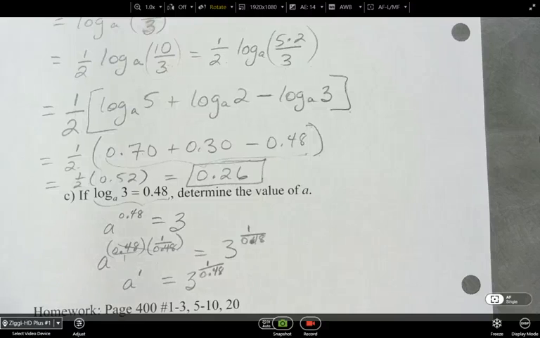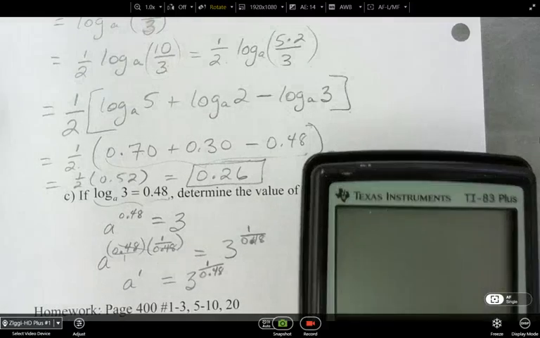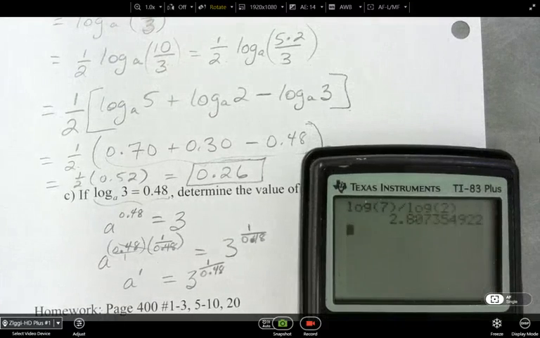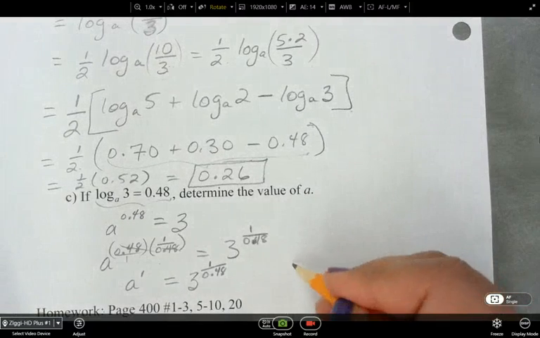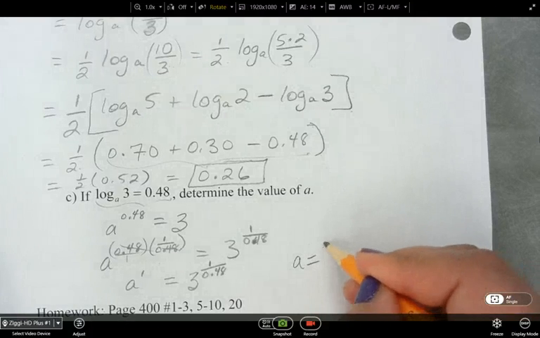So I'm going to need my calculator to evaluate this part. 3 to the power of 1 over 0.48. And I get 9.86285. So A is equal to